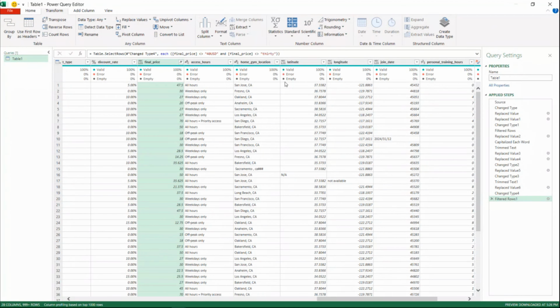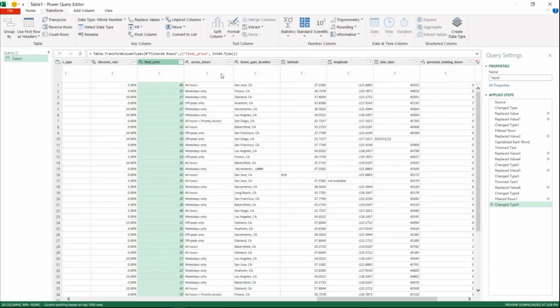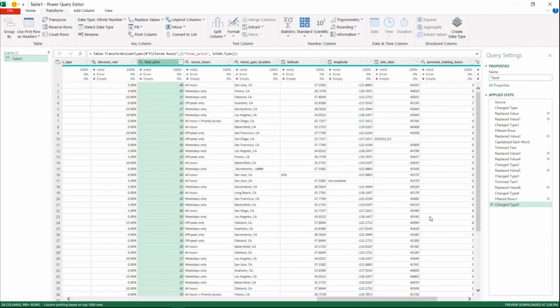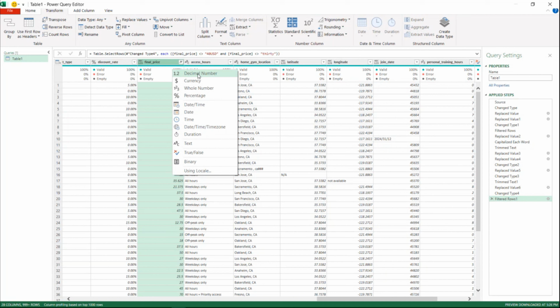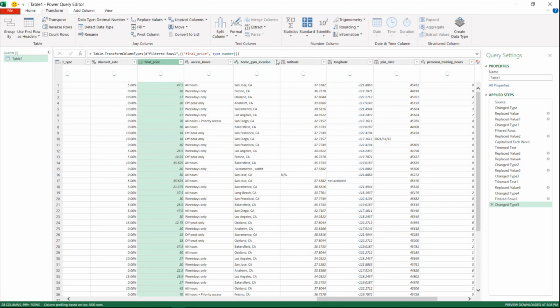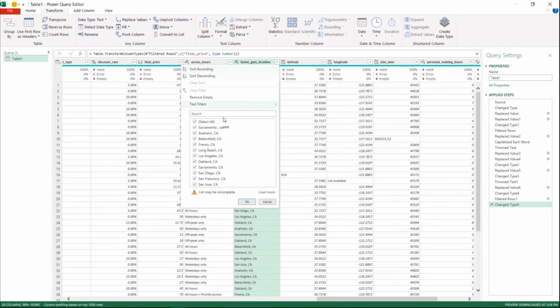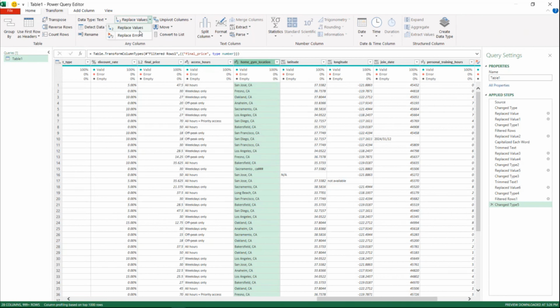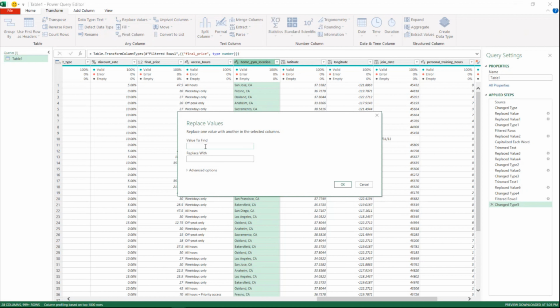So take that one out. Then I would change this to a number, whole number. Should it be a whole number? No, I think, okay, no. Let me take it back to decimal. So that would be a decimal number, that column there. Same thing for this one. I think I can just do this, replace. So all I need to do is replace the CA ### with CA, and we're good on